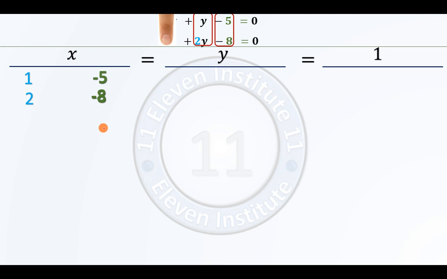See, you can see this is blinking, right? You have to copy them again, and you have to place them over here. I hope you got this. The numbers that you copied at last, this minus 5 and minus 8, you have to copy them again and place them below y like this.